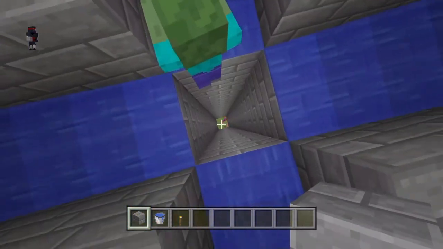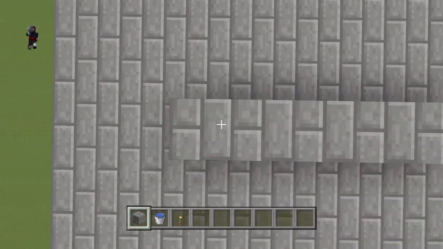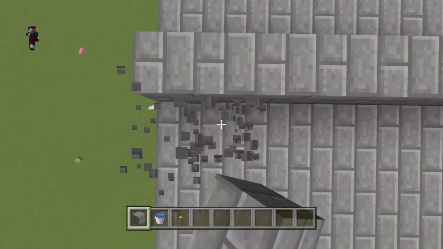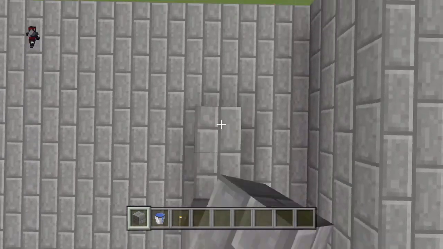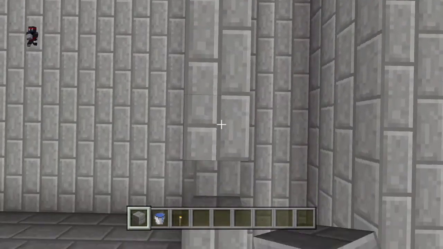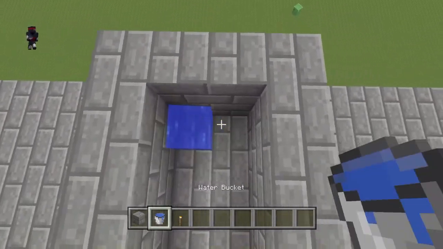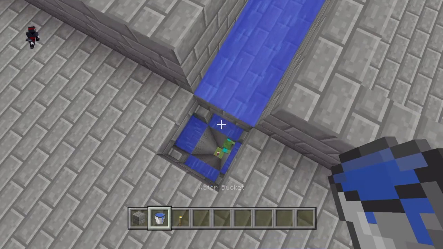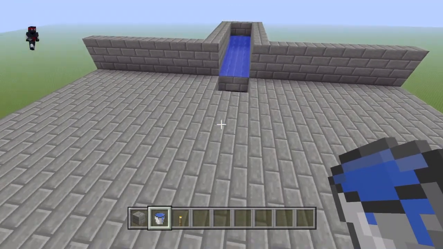So that's all the mobs. They will all fall down there. If you want to add more layers, which I do recommend, the more layers you add, the better chances are you're getting loads more mobs and everything. This is, to be honest, the best way to do it if you do not have the right equipment. If you do not have the right equipment, this is the best way for you to actually